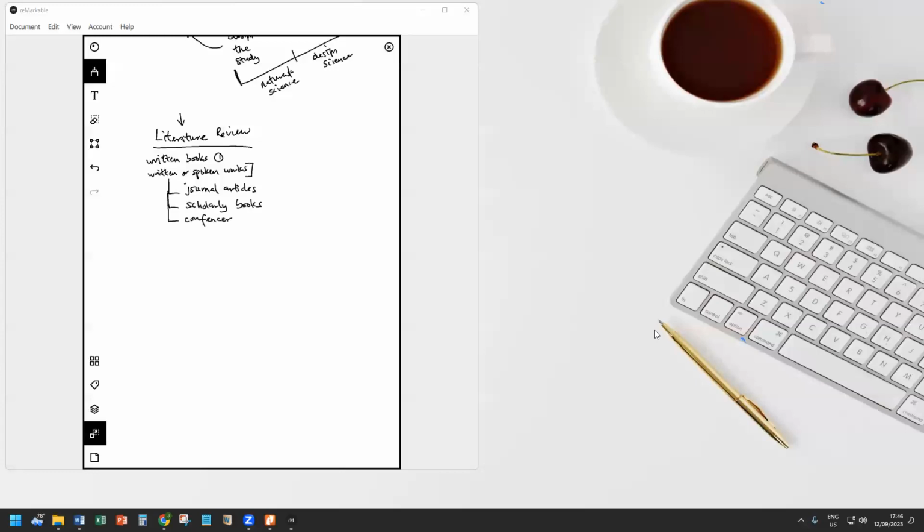Conference papers. We have other ones like magazines, newspapers, newspaper articles, and so on, even online web contents. But for our purpose, we are interested more in these ones. These are mostly academic